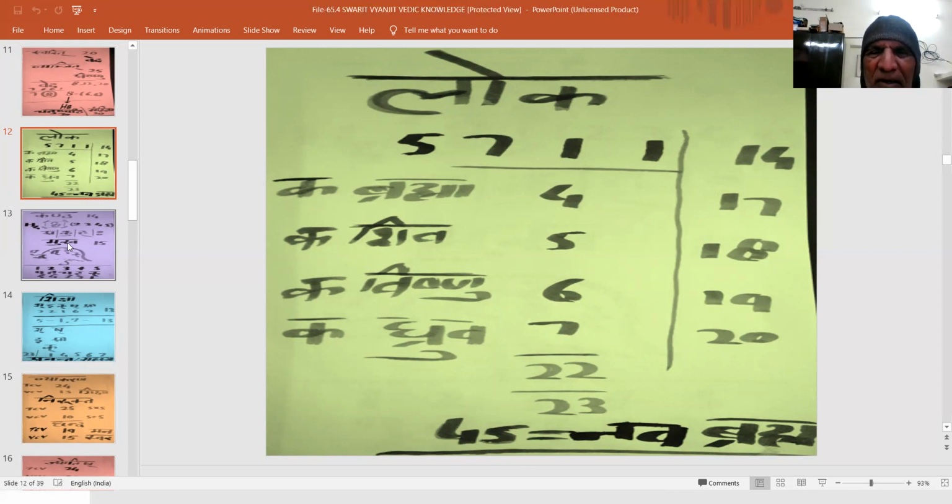Ka Brahma with TC value for Ka 4, Ka Shiv with value 5, Ka Vishnu value 6, Ka Dhruv with value 7, making it value 22, with Ka as 1, 23, 22 and 23 is now Brahm. It is really a blissful